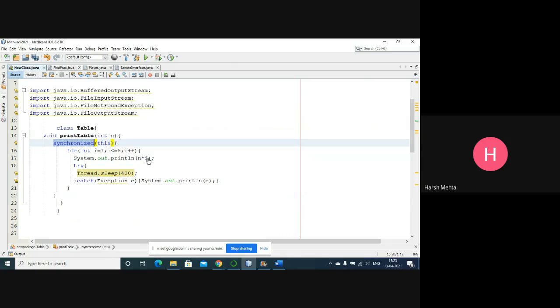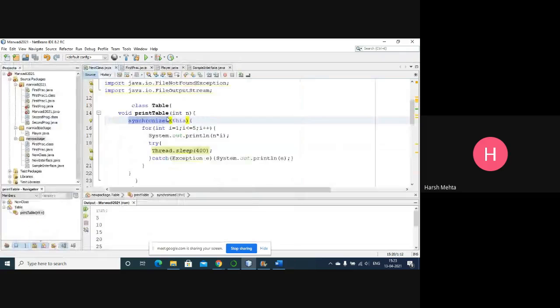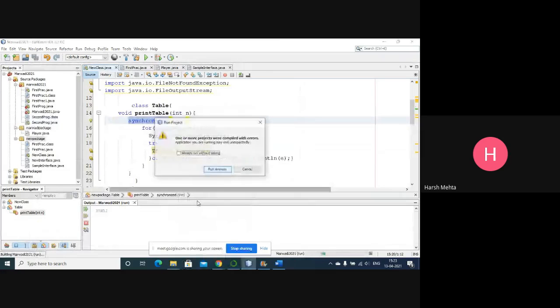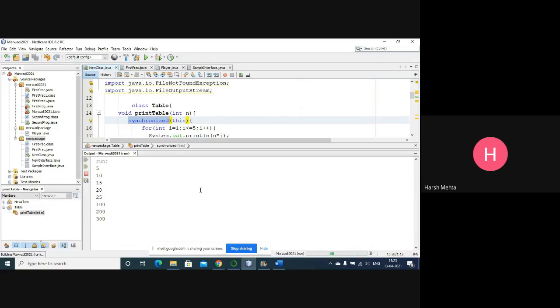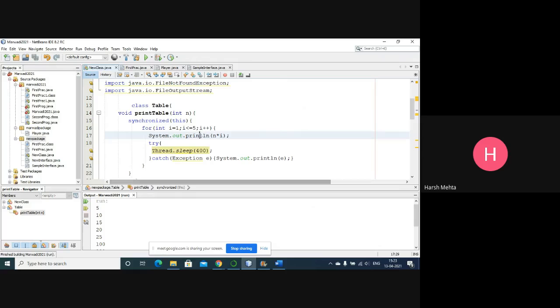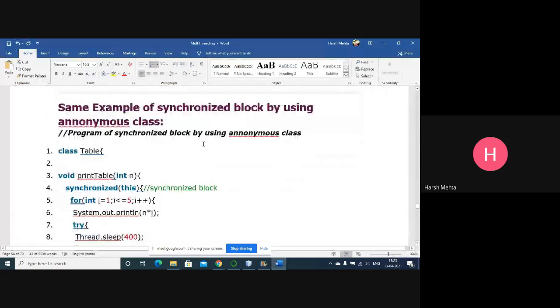So we get the same output, with the lock on the thread. Using an anonymous class also we can put a synchronized block.